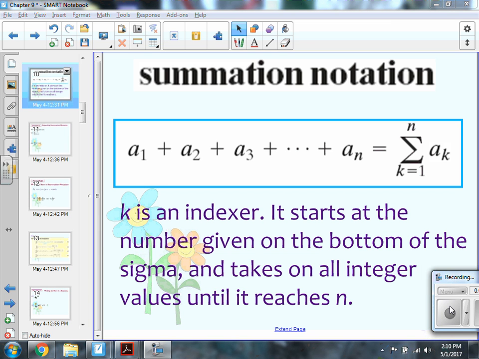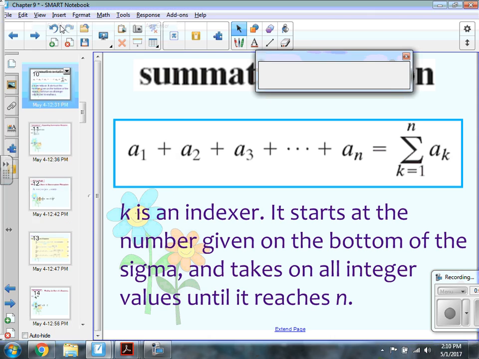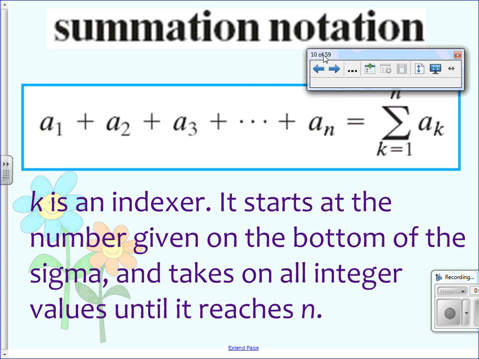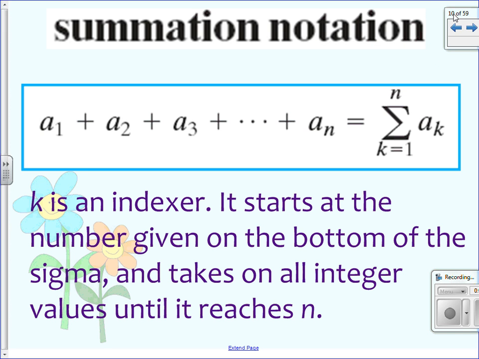Continue our discussion of 9.1, and we're going to start off with discussing summation notation. Summation notation is a way to more efficiently write out a sum. This is the Greek letter sigma, and it signalizes that you should add up all the terms that use this formula,